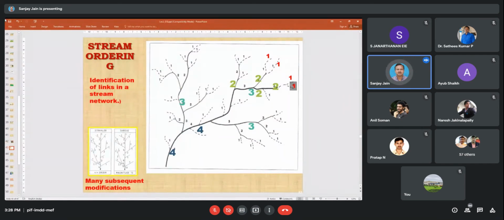Similarly, here if you see in some of the exercises related to hydrology, I want to know how many first order streams there are. You can see the red ones. When two streams meet, they are called second order streams. So earlier, what we were doing was creating a drainage map and then manually giving these numbers. Then we want to know the length of each and every order stream. First order streams, what is the length, for certain types of modeling.